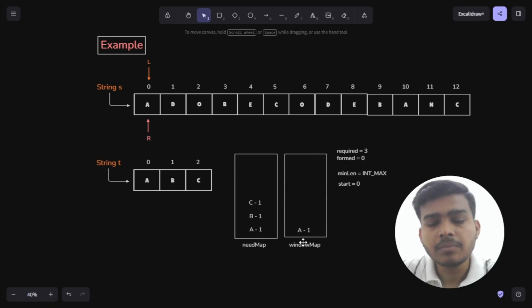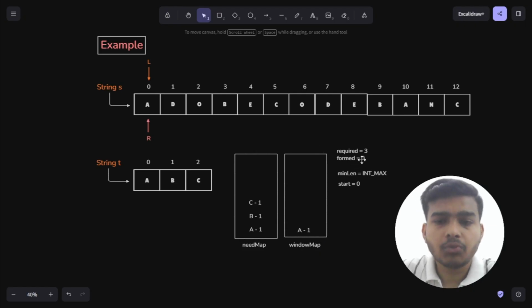And if they are matching, then we are sure that one of the characters is there in this particular s string or in this current window, whose frequency count is matching, meaning that character is present one time in this s string. Because both are present one time, so what we can do is